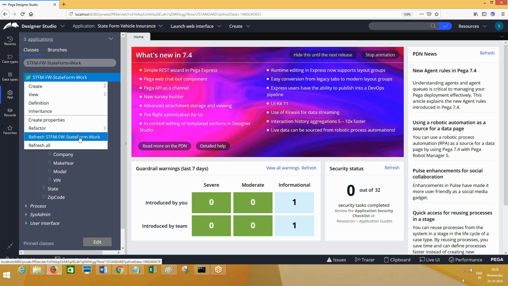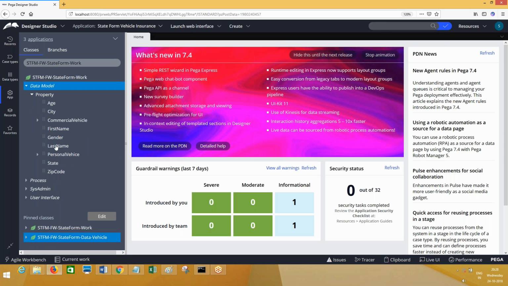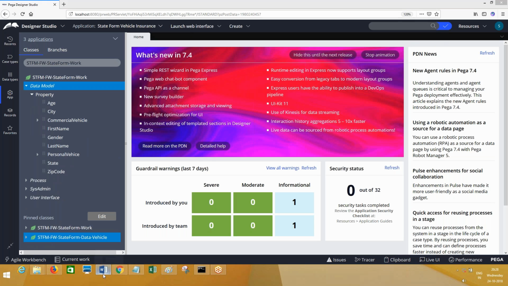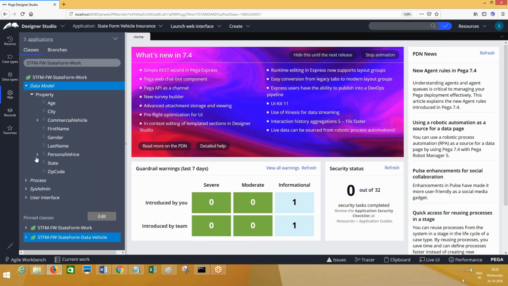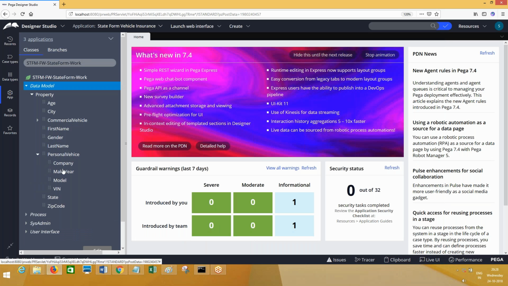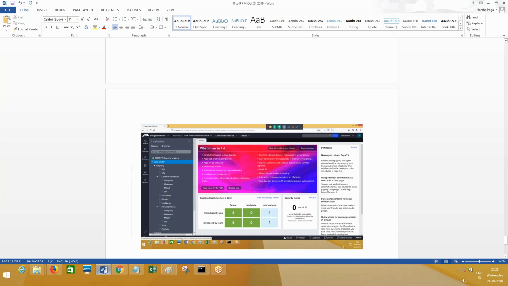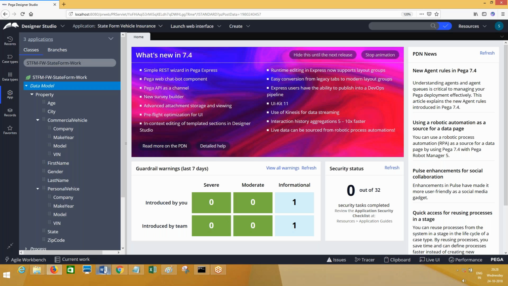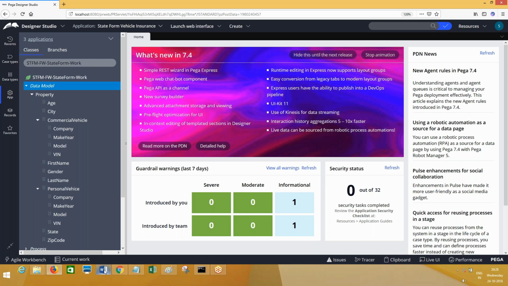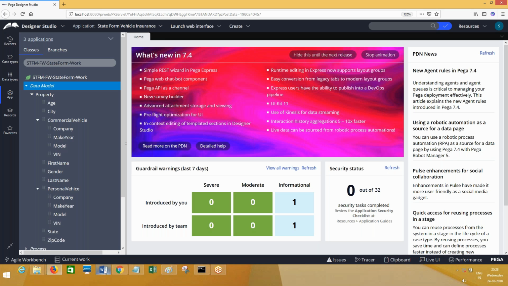In the data model property, how many page properties are there now? Personal vehicle and commercial vehicle, both referring to the same class, right? If you expand personal vehicle, you have VIN, company, model, maker. If you expand commercial vehicle, you have the same. Here, personal vehicle dot VIN refers to personal vehicles. If you want to use the VIN property for personal vehicle, you access it through the reference of the personal vehicle page. If you want to use the same property for commercial vehicle, you use a reference of commercial vehicle. Make sense, everyone?